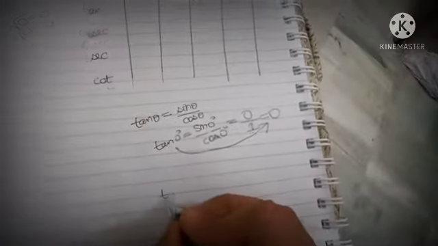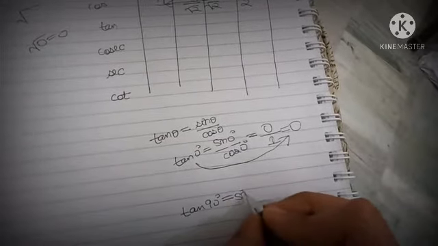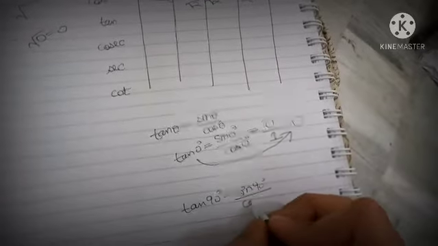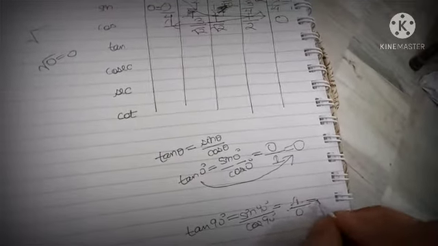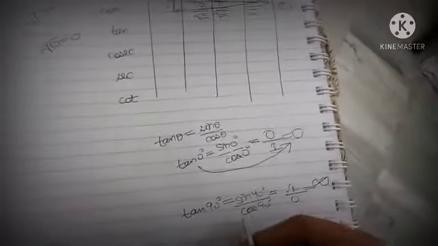In the same way, let's find out tan 90 degree. Tan 90 degree would be equal to value of sine at 90 degree by value of cos at 90 degree. Sine value at 90 degree is 1. Value of cos at 90 degree is 0, and 1 by 0. You know, when we divide any number, any quantity by 0, the answer would be infinity, which is shown by this symbol. That means the value of tangent theta at 90 degree comes out to be infinity.